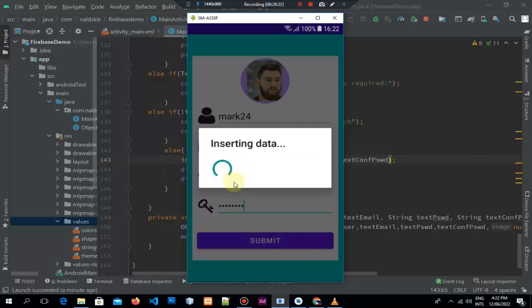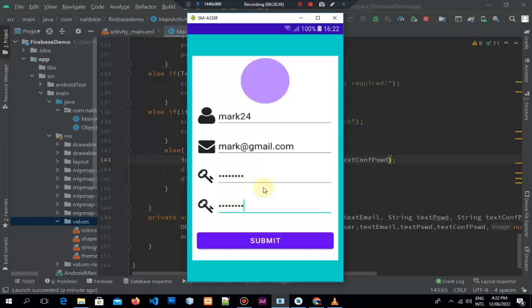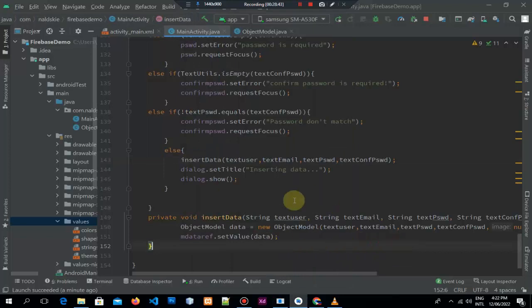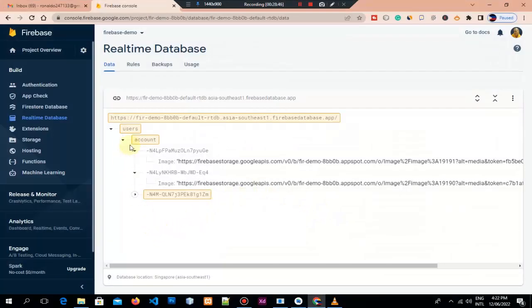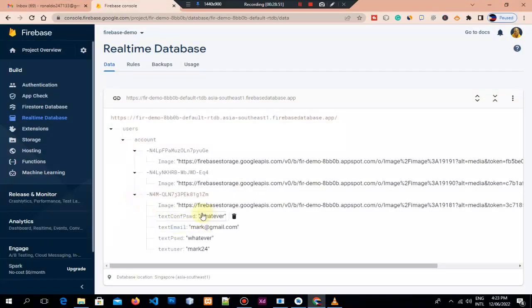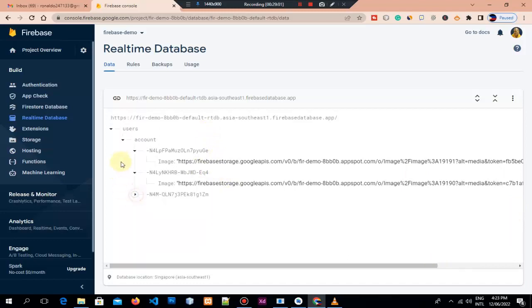Now the data is there, but this is not left empty. We forgot to set it empty. Let's go back to our database and you can see there is a new hash. We click open, we can see we have the image and we have the password and the email address, and that is how you are going to insert the data into this